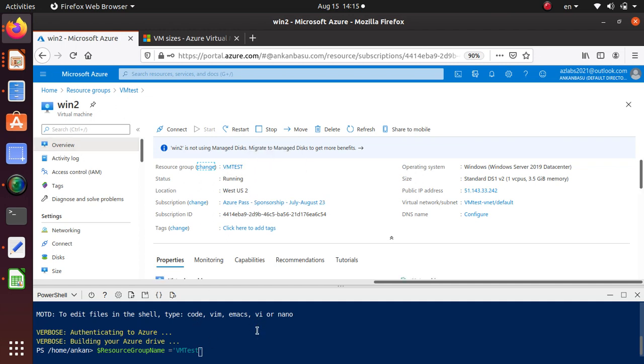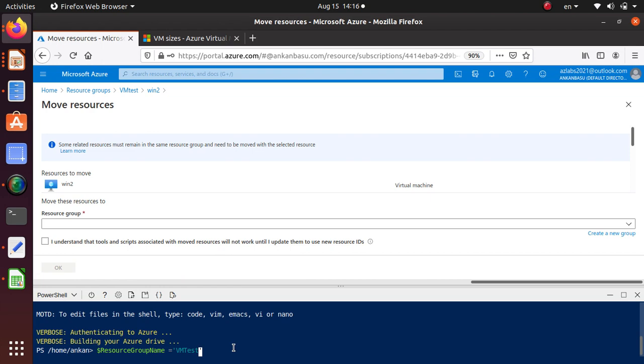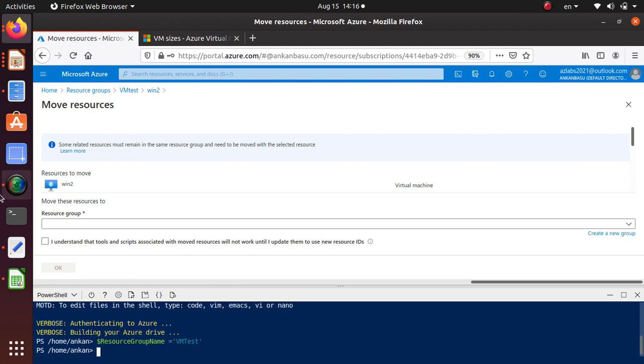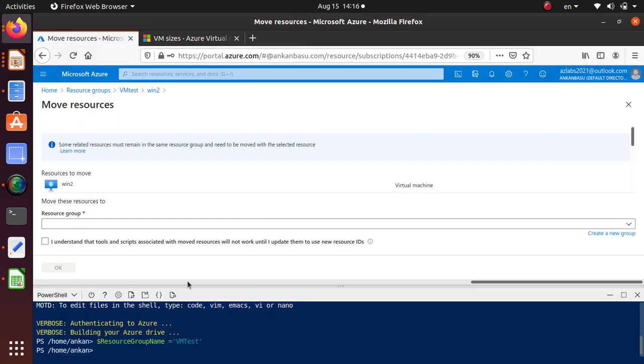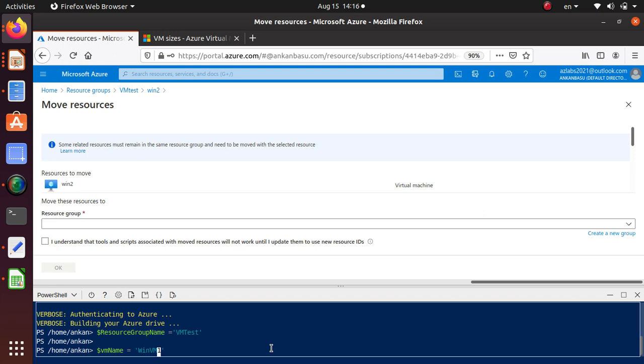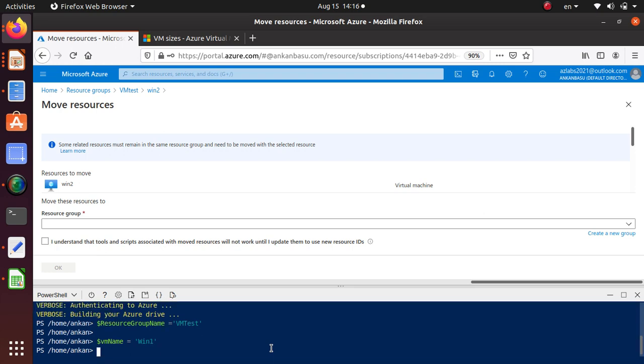Okay, that's good. I think that's not case sensitive. Sorry. So let's hit enter. And the next thing we're going to pick up is the VM name. And we said we're going to work on Win1 this time. Win1 is going to be the VM name,